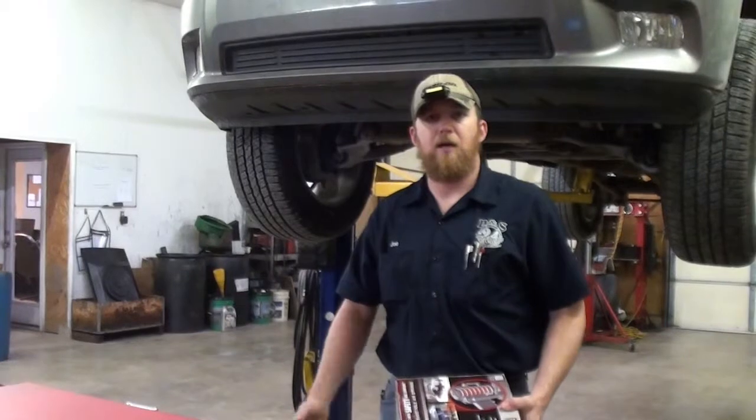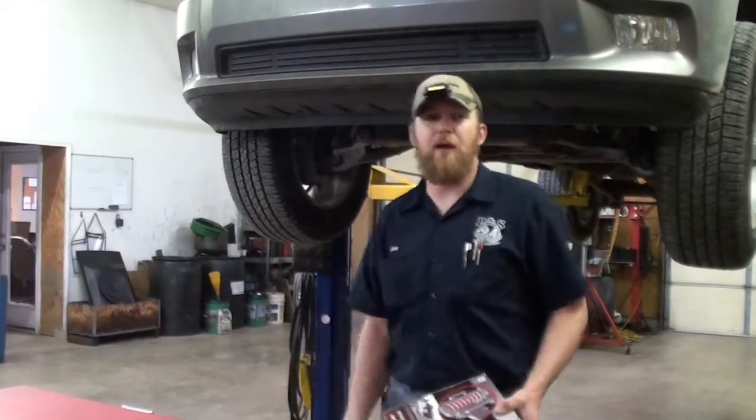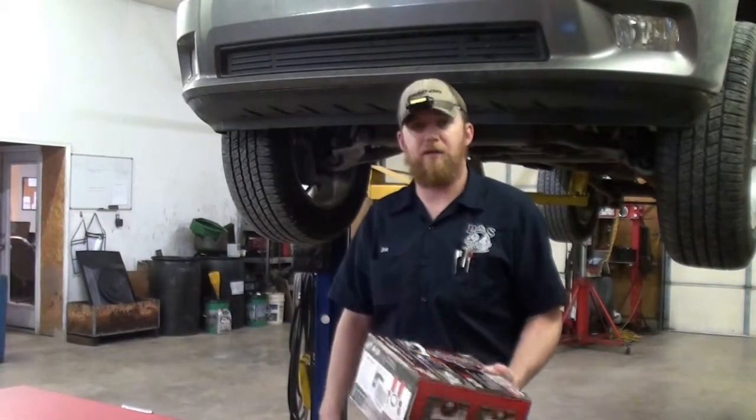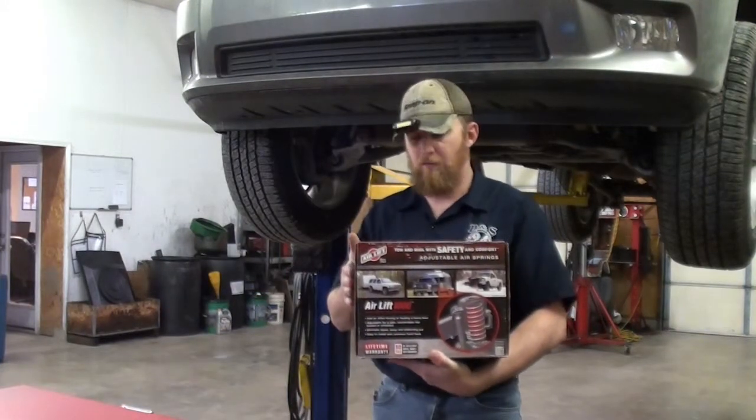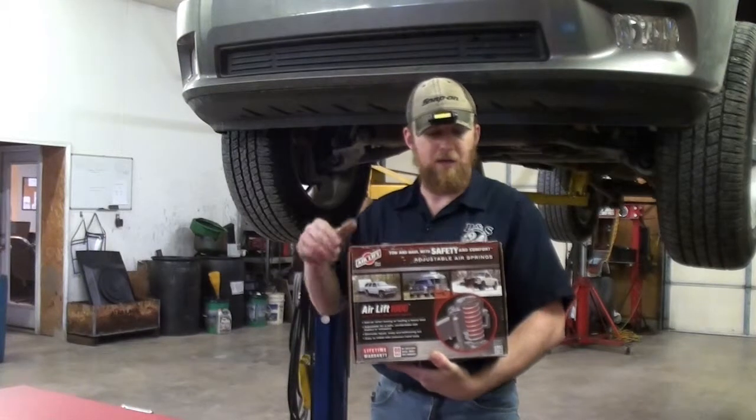Joseph Fulmer here, and behind me on the rack I have a 2012 Ram 1500. Today we're going to be installing a set of these Airlift 1000 adjustable air springs on the back end of